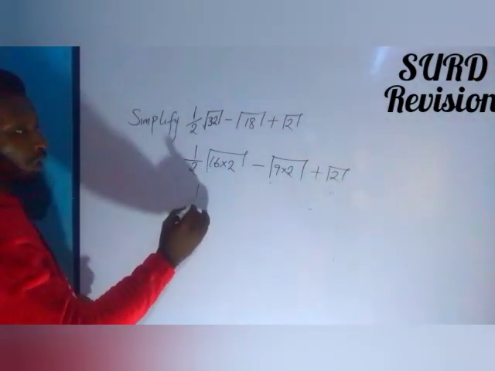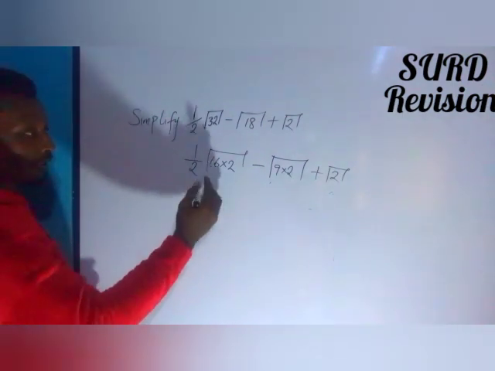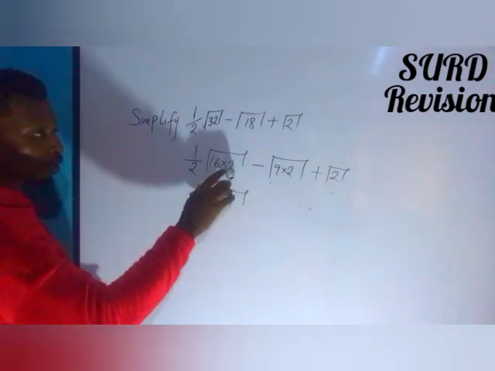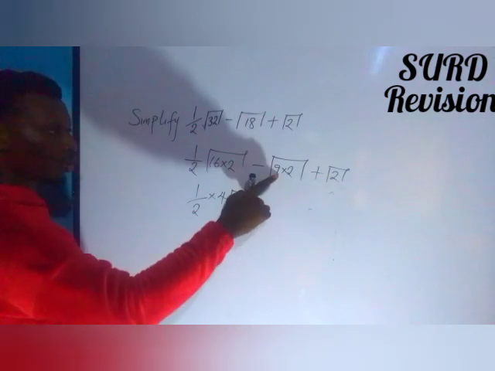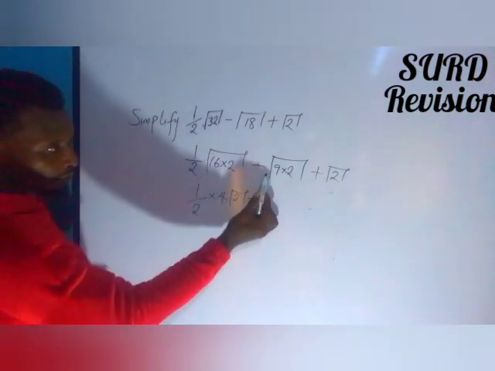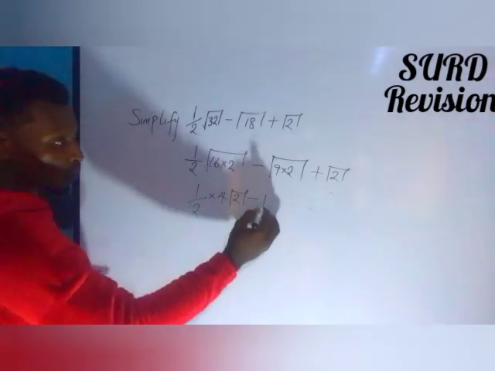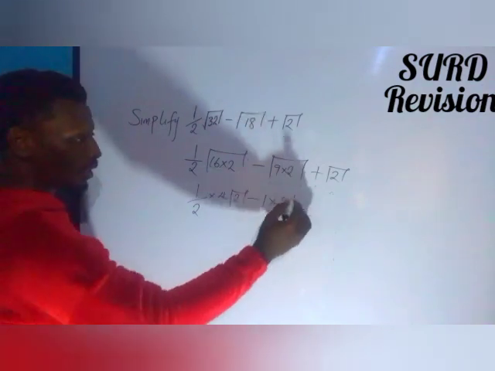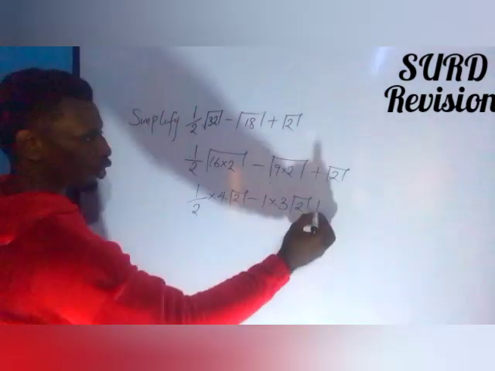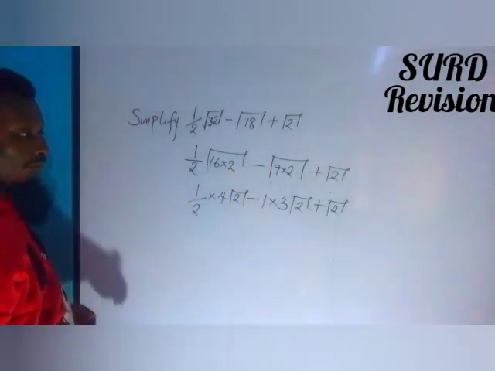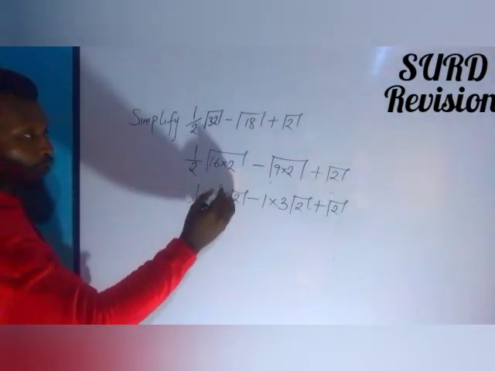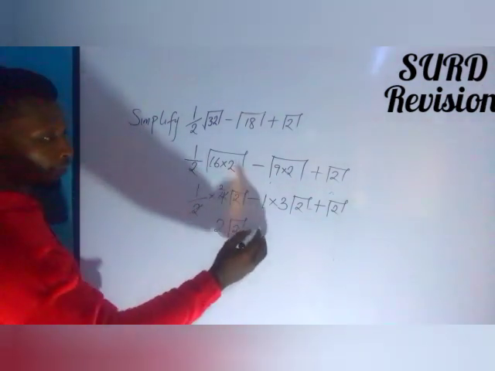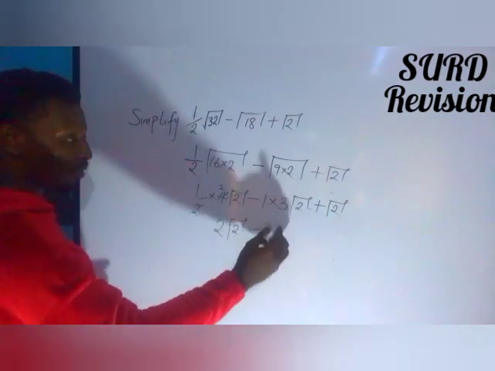So at this point, square root of 16 is 4. The 4 will come out from the square root, that is 1/2 times 4, leaving us with surd 2. Minus, square root of 9 is 3. And mind you, we have an invisible 1 here, and this is 1 times the square root of 9, which is 3. The 3 will come out from the square root, leaving us with only surd 2, plus surd 2. So 2 divided by 4 is 2, and 1 times 2 will give us 2 surd 2, minus 1 times 3 is 3 surd 2,